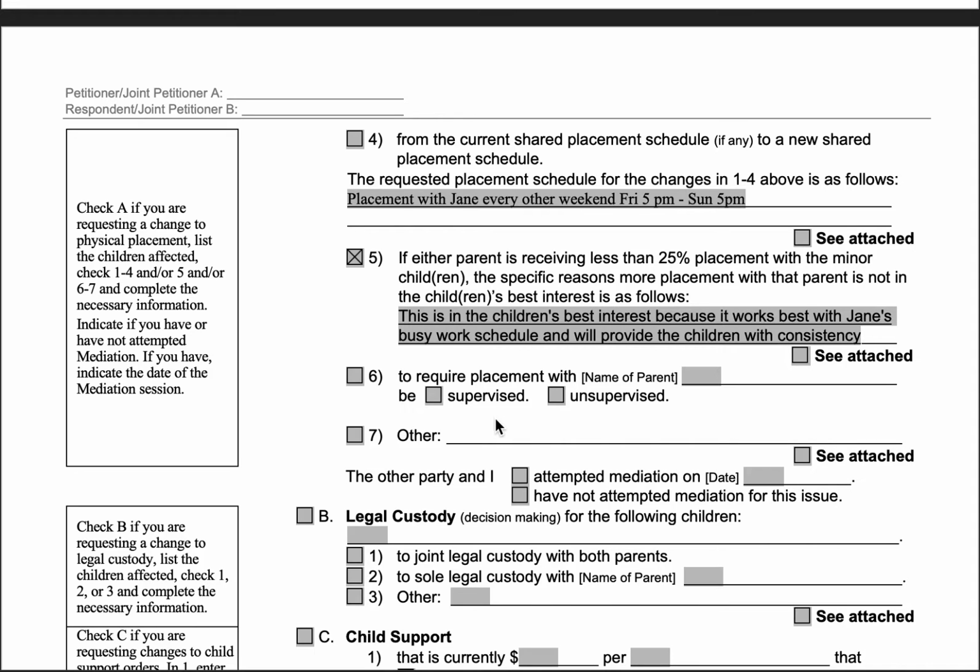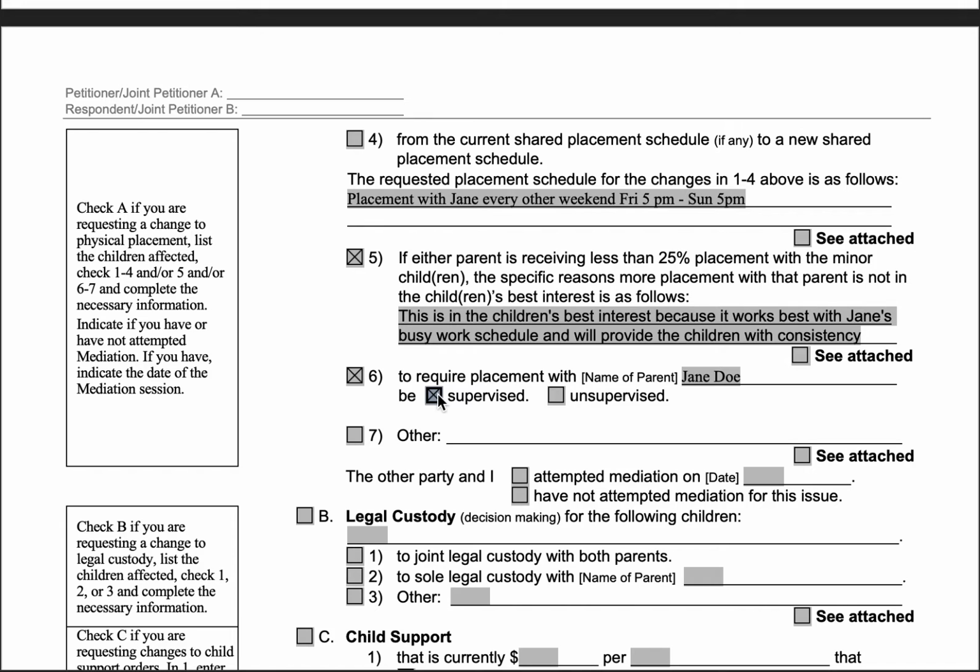Number 6 is if you're wanting to ask for placement to be supervised, or if placement is already supervised, if you're wanting it to be unsupervised. If the placement in your current order is already unsupervised and you want it to remain unsupervised, skip number 6, you don't need to do it. But if you're wanting to change, so if, say, John were wanting Jane's placement to be supervised, you write the name of the person whose placement you want to be supervised on that line, and you check supervised.